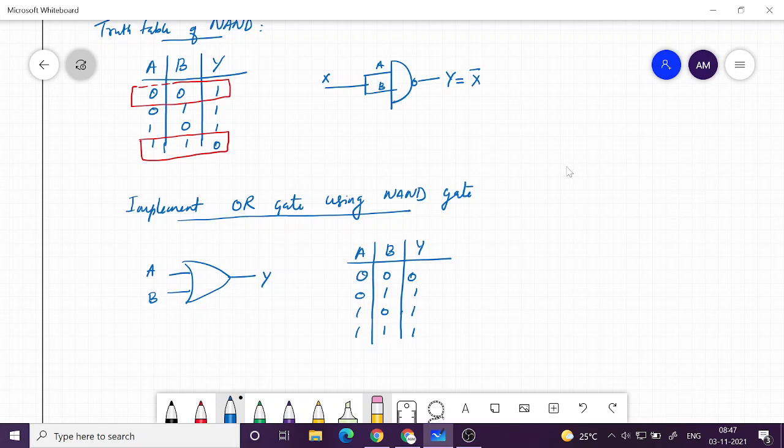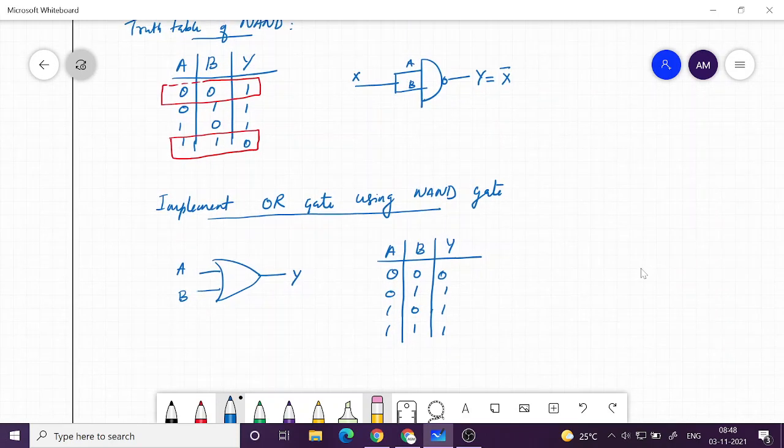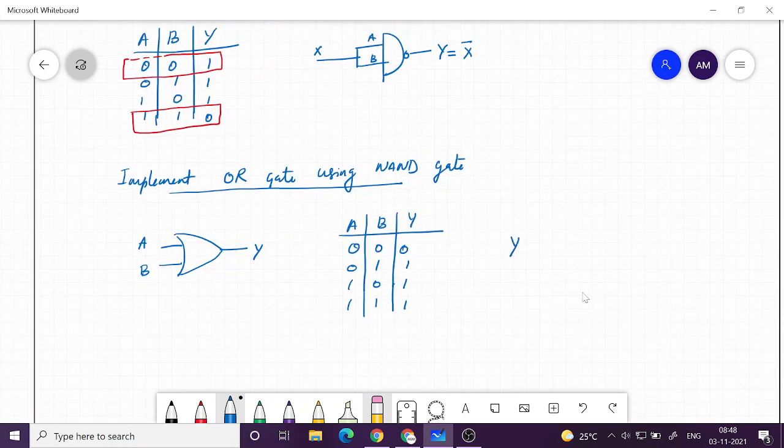So how can we implement this function using only the NAND gate? Now, what we can do is we can write this expression Y is equal to A plus B. Then we can use De Morgan's theorem two times.